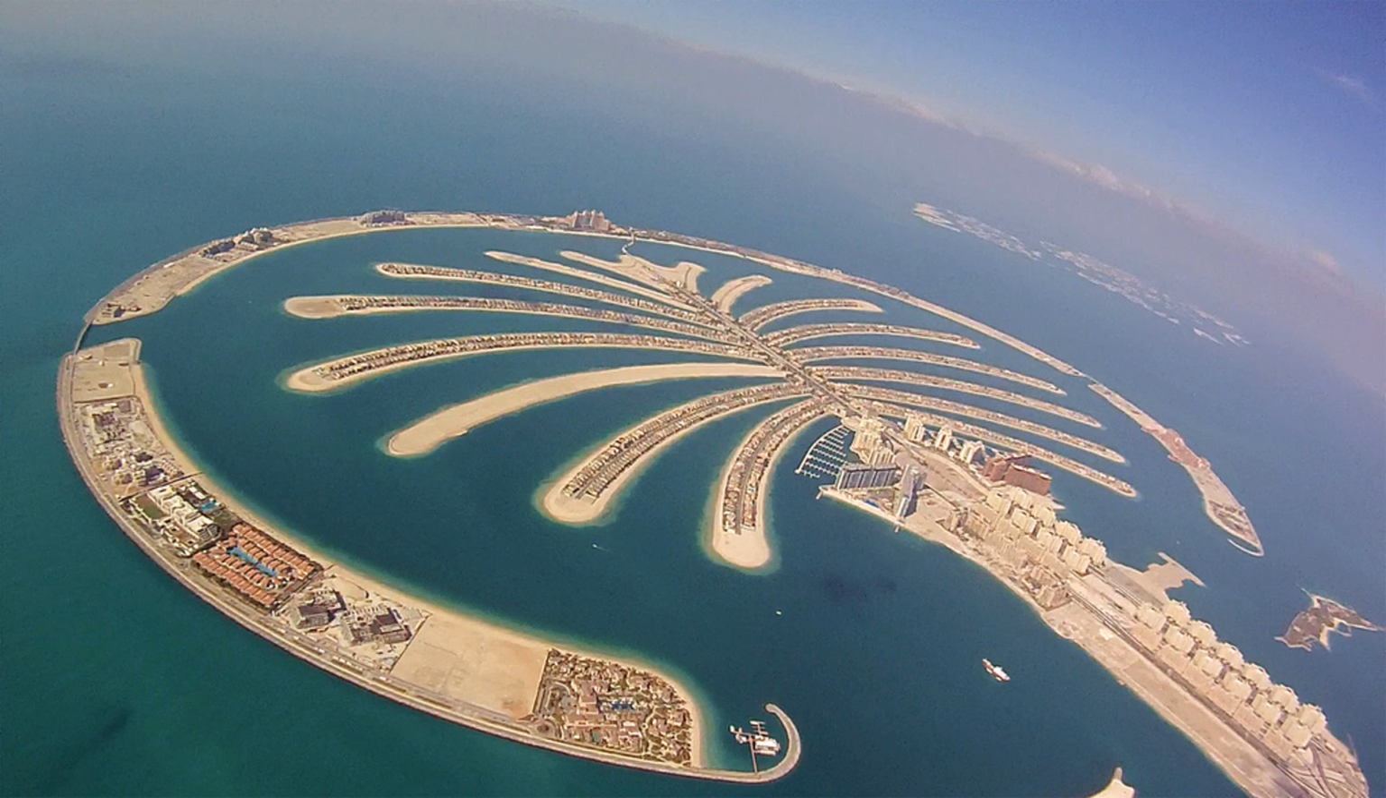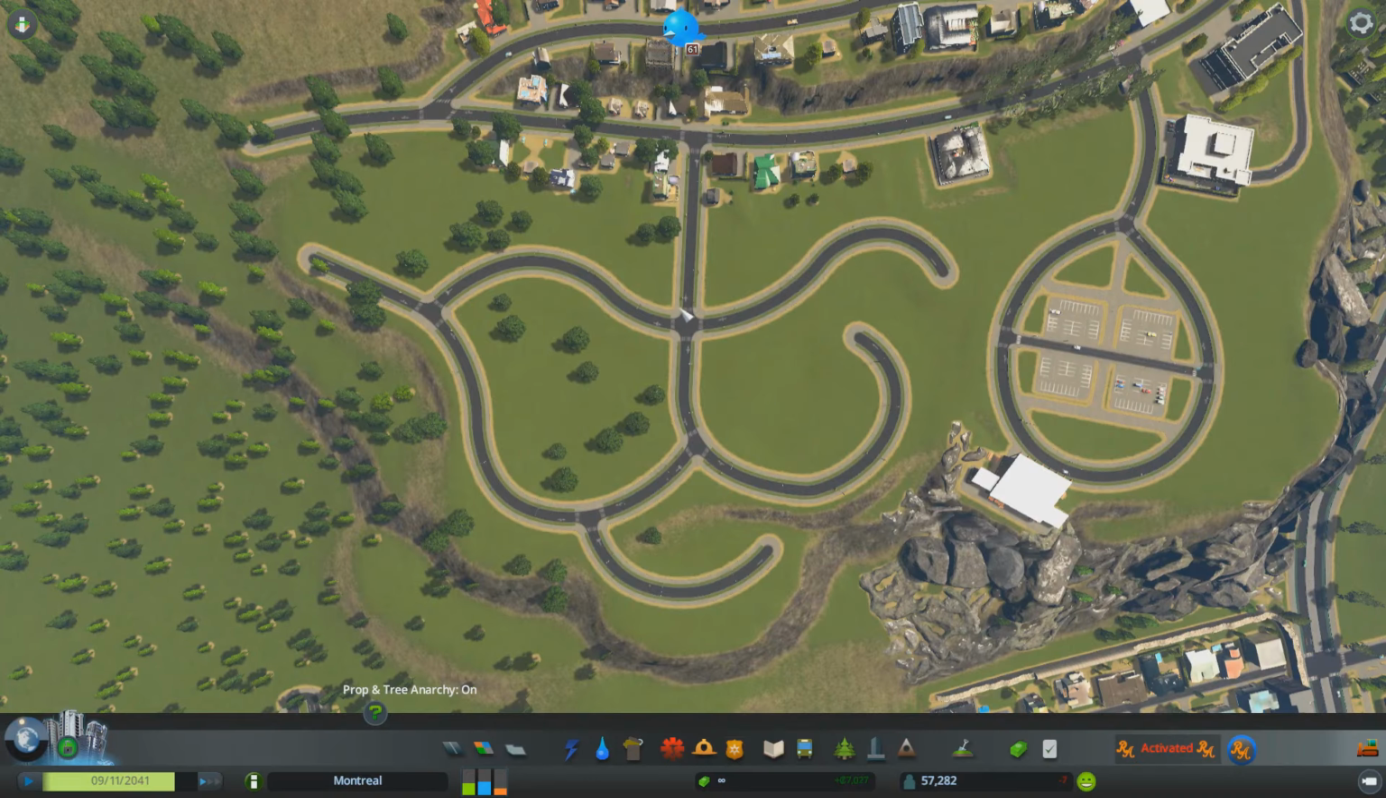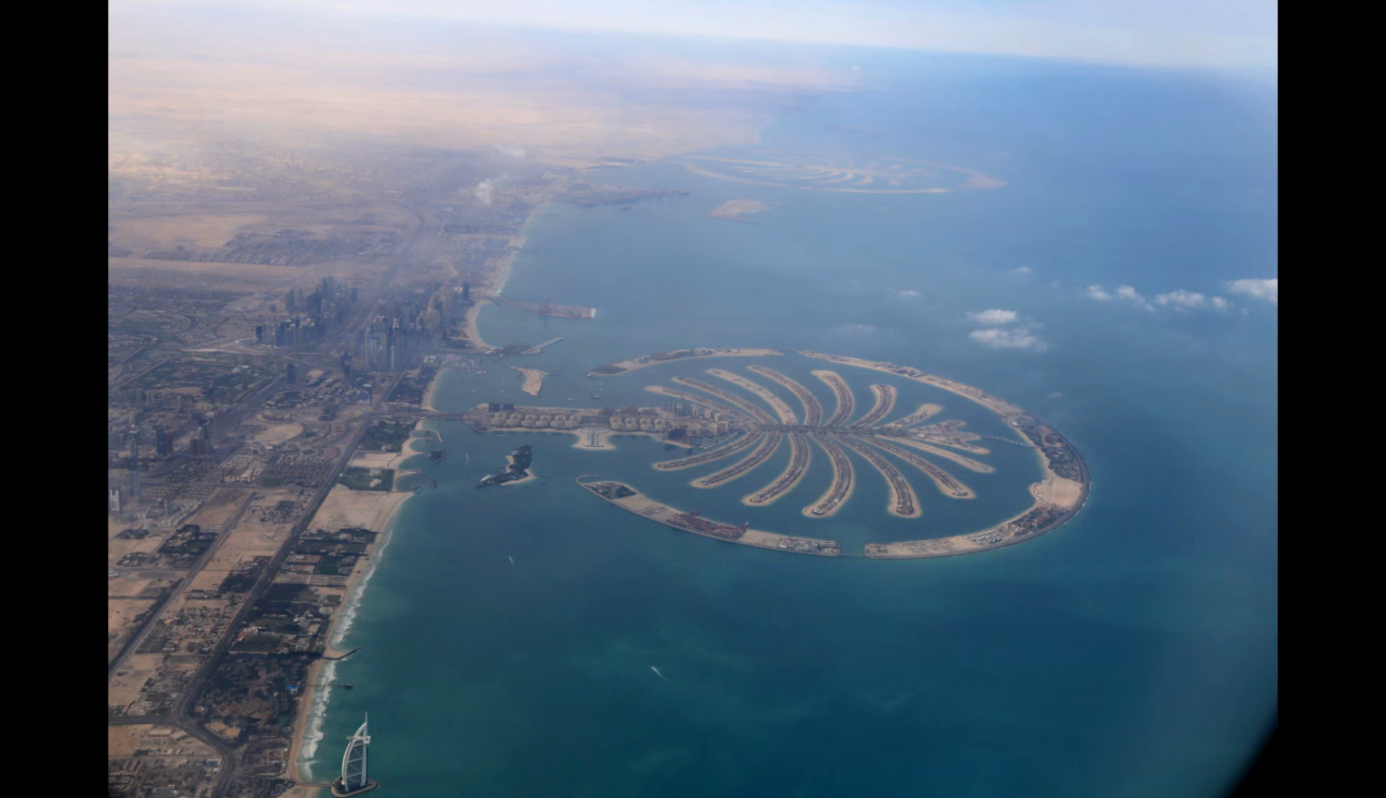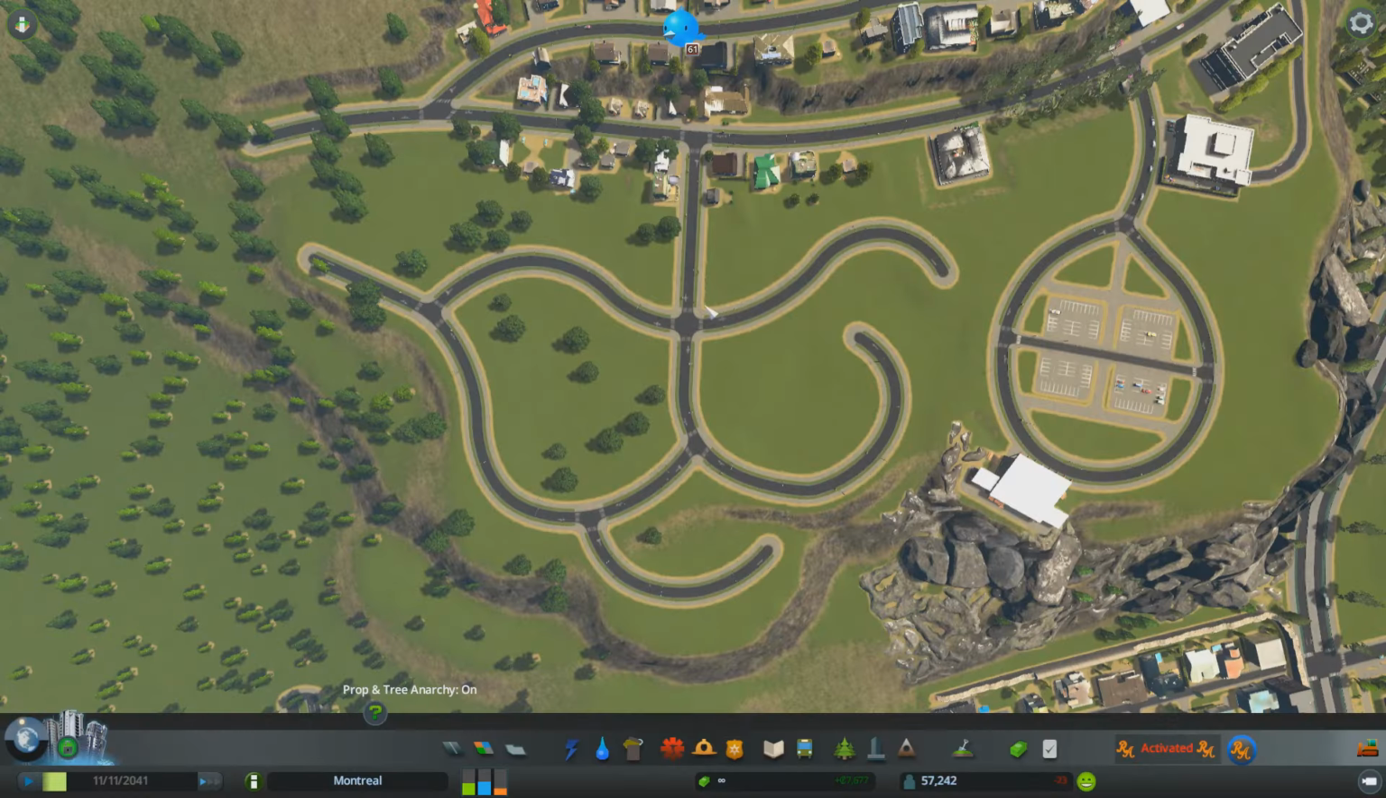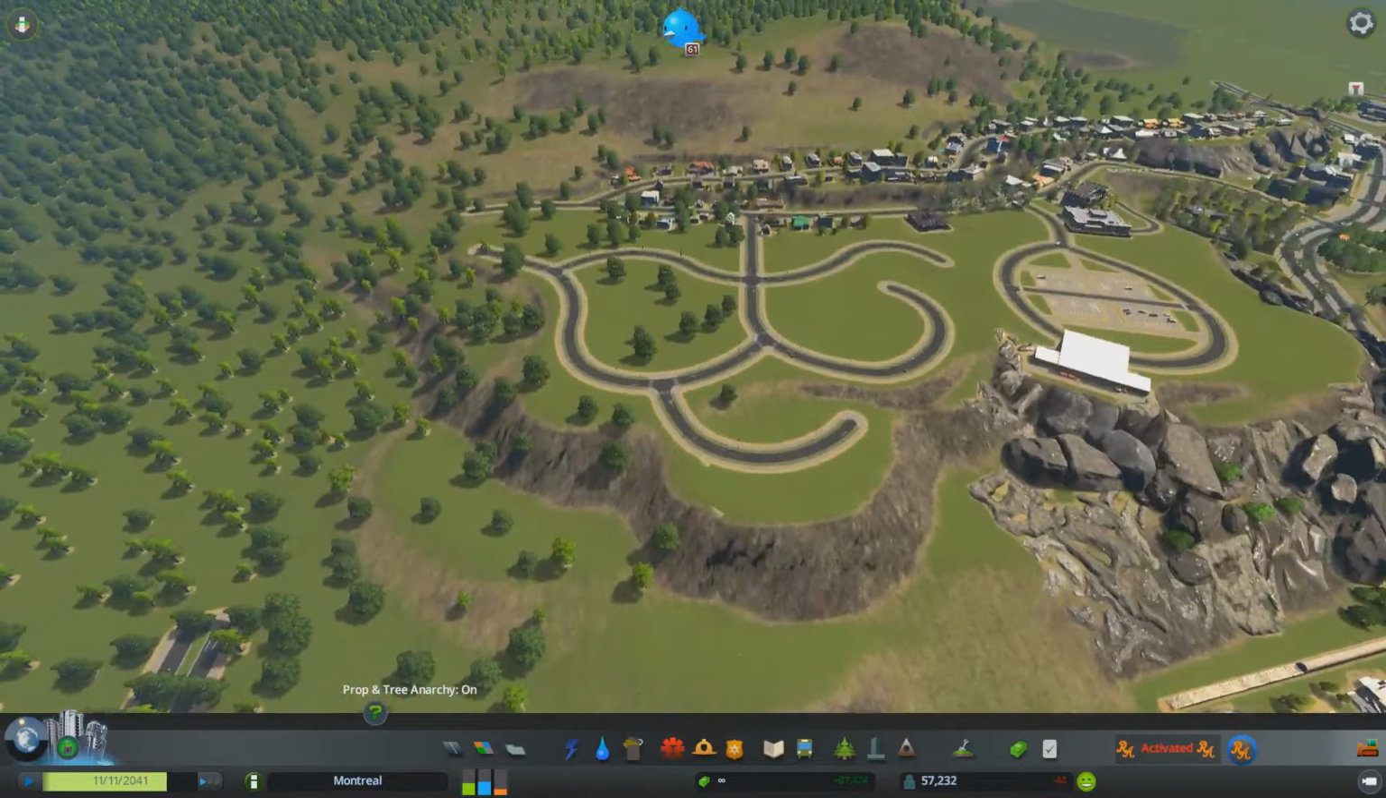an island. It's called the Palm Tree Island, and they actually built it in the ocean. It's made out of sand, and it's in the shape of a palm tree. So these roads, especially this one, these winding roads, they just remind me of the palm tree that they built out of sand. So yeah, so